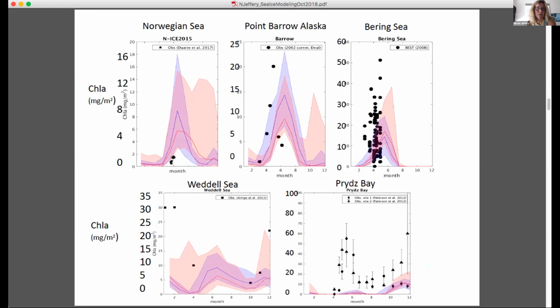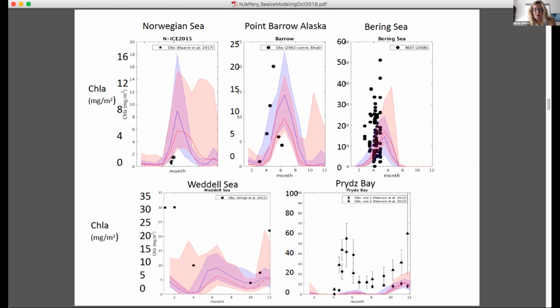One is from the NICE field campaign. Then we have Barrow, which is thanks to Clara Deal, and then the BEST field campaign as well. And then for the bottom 2, I have picked some data from the field campaign ISPOL, and then there's one observation in Prince Gustav Bay, which is a kind of fast ice region.